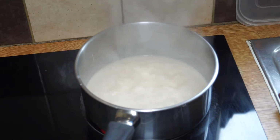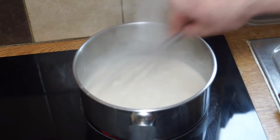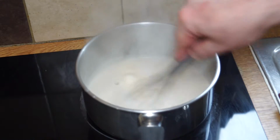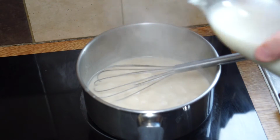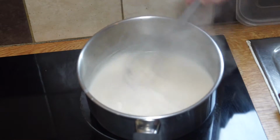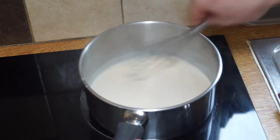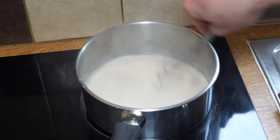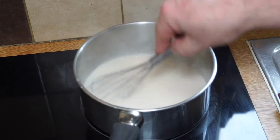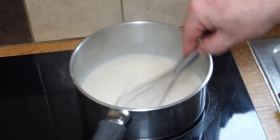So what I like to do now is switch over to a whisk, and turn the heat down, right down to about 1/3 of your heat range. I'm turning my switch down to 2. I'm going to add a little more milk. Once it starts bubbling up like that, you can add milk. And then you want to get your sauce, your roux sauce, which is what this now is, to the consistency you desire for your cheese sauce. And you can do that by adding more milk to it. So you add your milk a decent glug at a time,